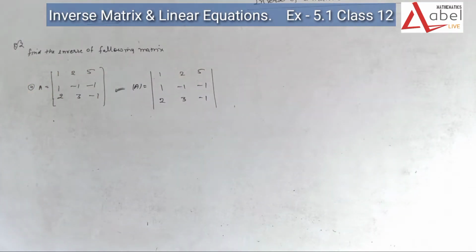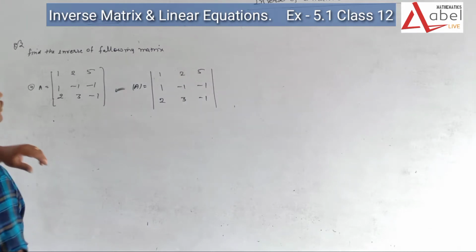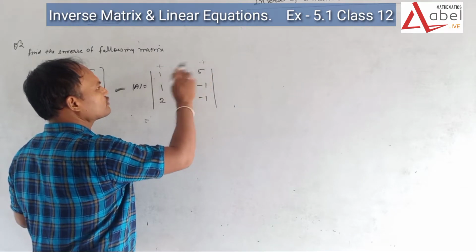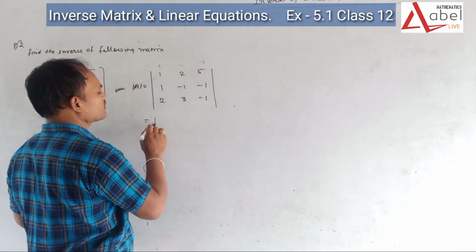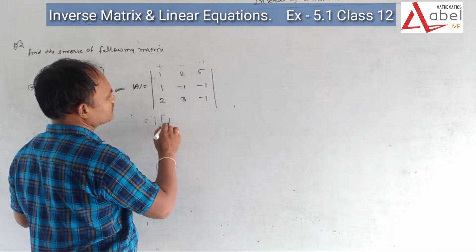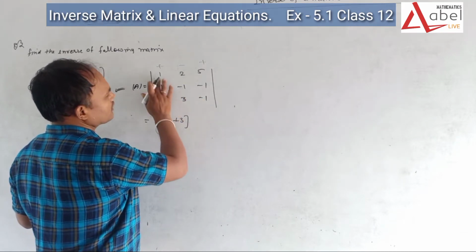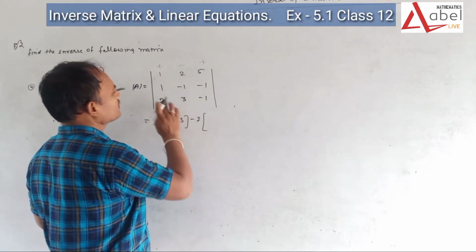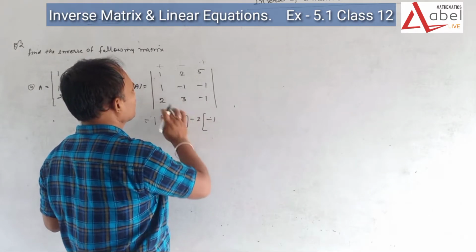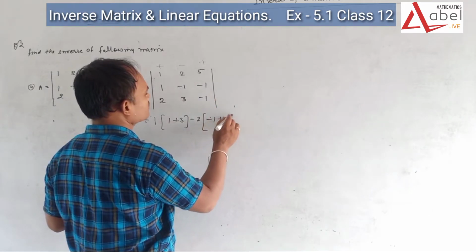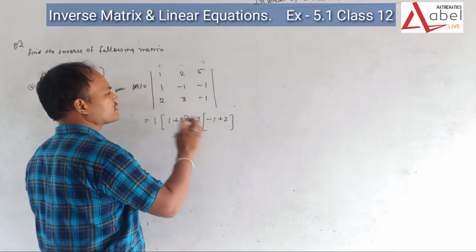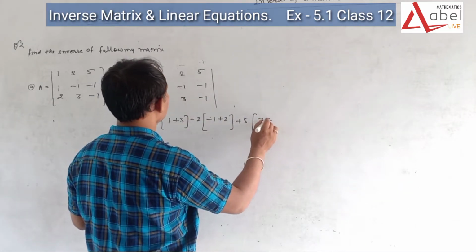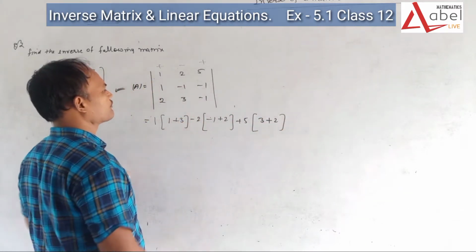So what is the value? Firstly we have to think about it. Signs are plus, minus, plus, and we are going to open with this. So it is 1, and it is 1 plus 3, minus minus plus, so it is plus 3, it is a minus 2. What about here? It is 1 minus 1, and it is minus plus 2, minus 2, and minus is already there, so that is plus 2. What about the 5? It is 5 and it is 3 plus 2.